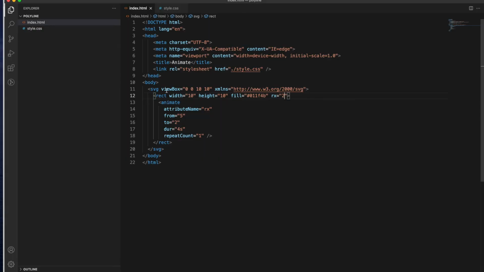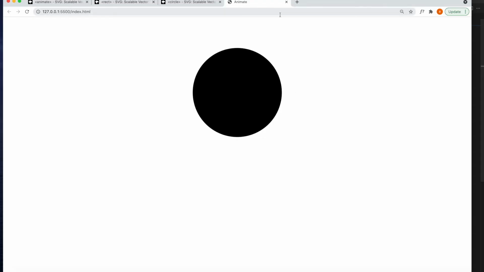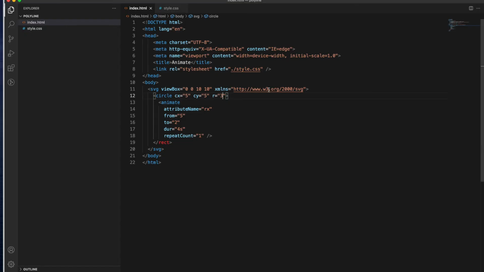Likewise, if you are using circle, circle will have different properties. Circle has cx, cy, and r for radius, which I want to make 3. So we are seeing the circle here.